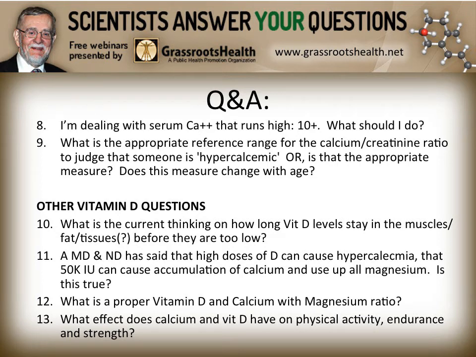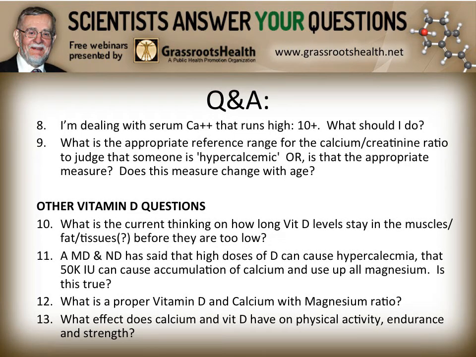Question 9, what's the appropriate reference range for the calcium-creatinine ratio to judge someone as hypercalcemic? Or is that even the appropriate measure? Well, the calcium-creatinine ratio is the amount of calcium in the urine, and hypercalcemia refers to an excess of calcium in the blood. And so they're not